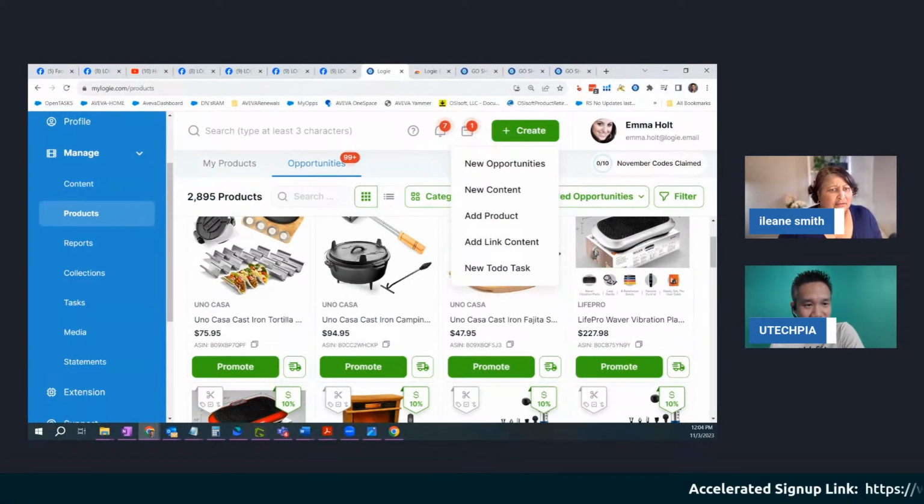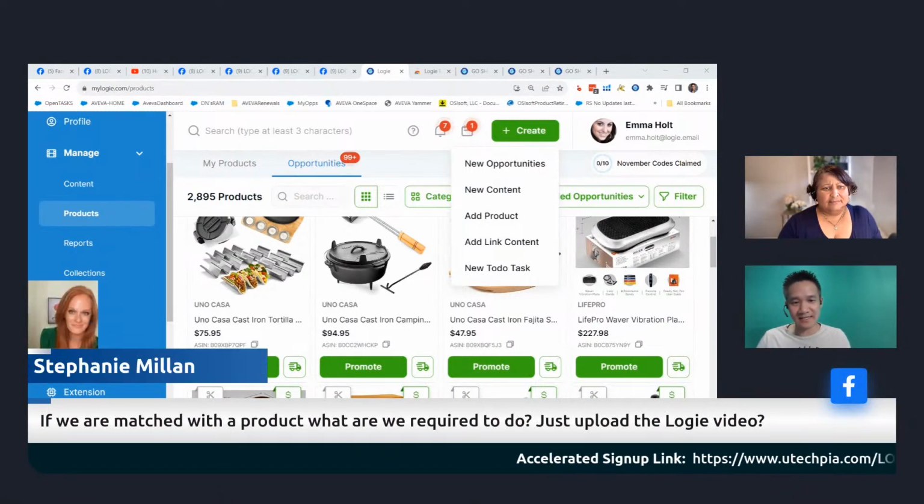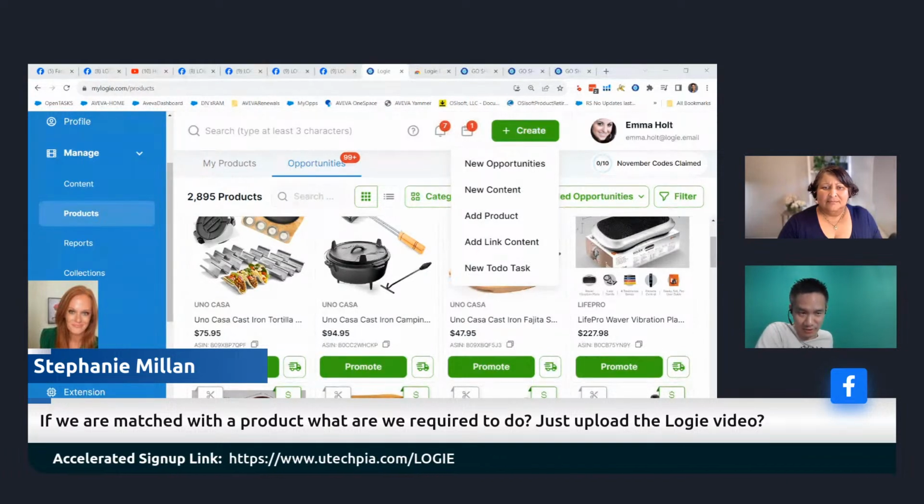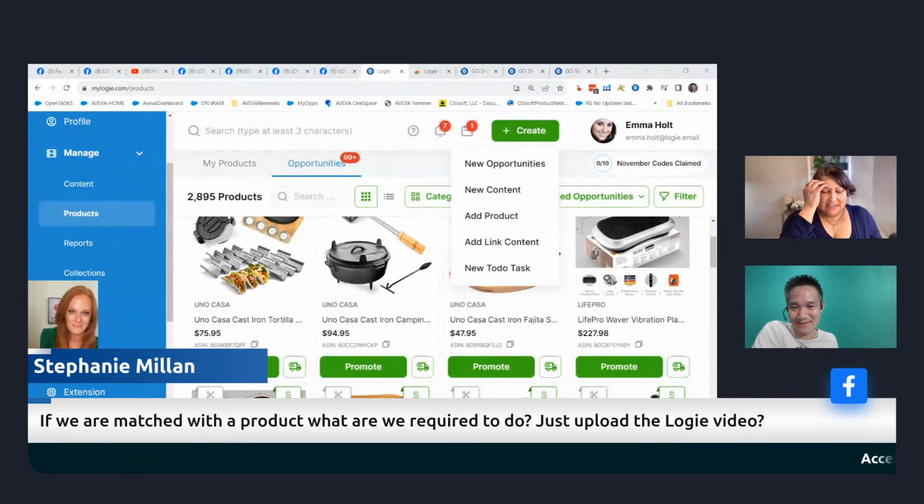Okay, so the question is right here from Stephanie. She asks, if we are matched with a product, what are we required to do? Just upload the video to Logie. Can I just go ahead and answer that, please? Stephanie, yeah, I want you to get out of your mind that you're uploading anything to Logie,